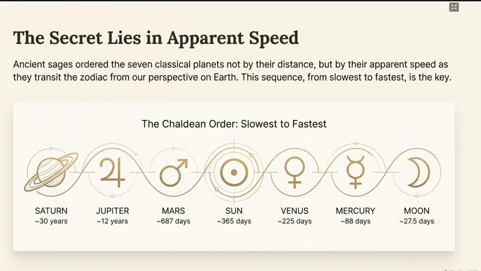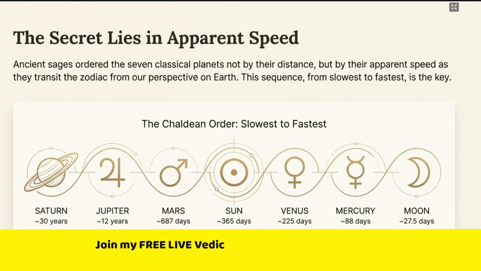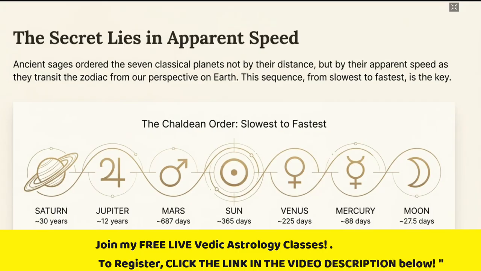Sade Sati means Sade Saat, right? It's a period of 7.5 years. Saturn spends 2.5 years in one Rashi. And what is Sade Sati? Sade Sati is basically that period when Saturn is